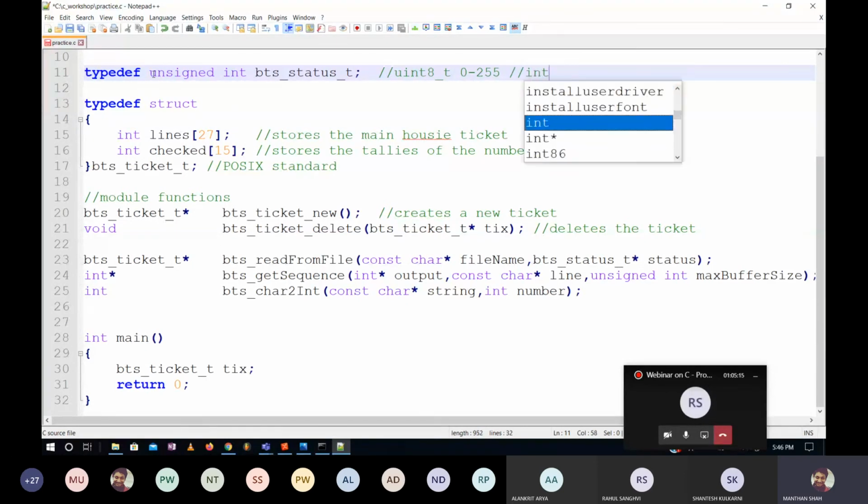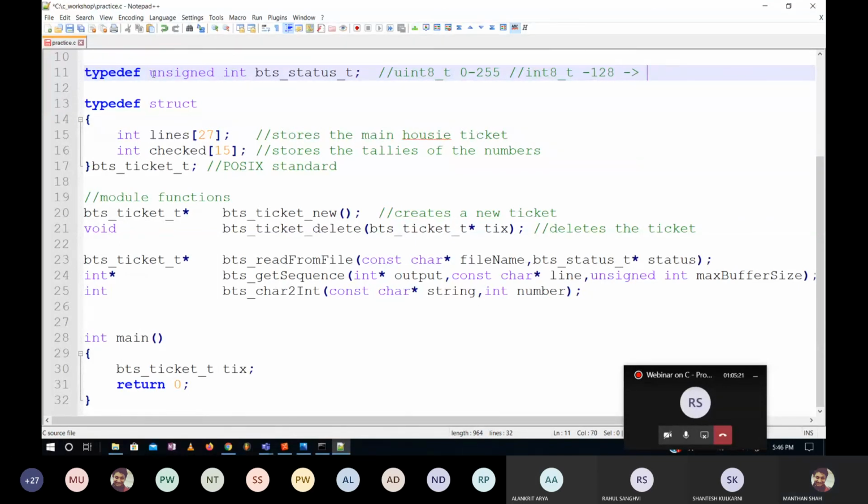On the other hand, there is also a data type called int 8_T, whose range is from -128 to 127. Cool. U means unsigned, and 8 is the number of bits. All right, sure. We'll start with these two functions first.